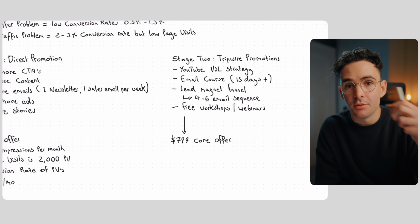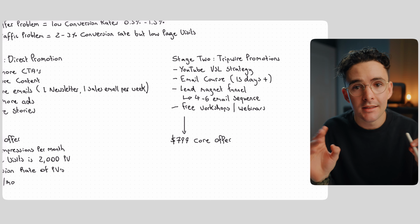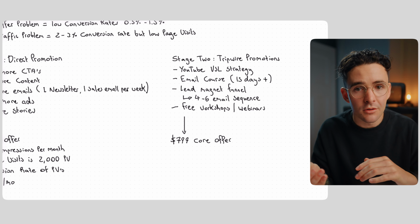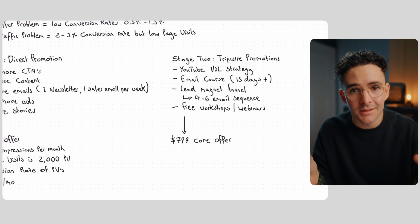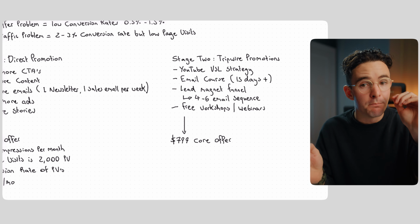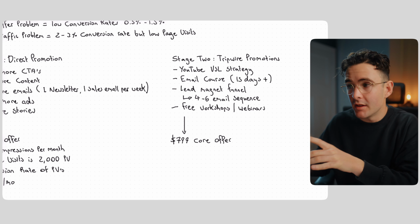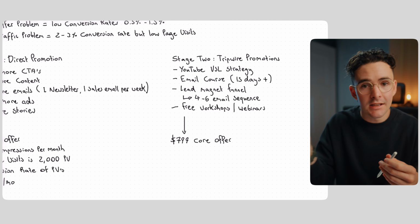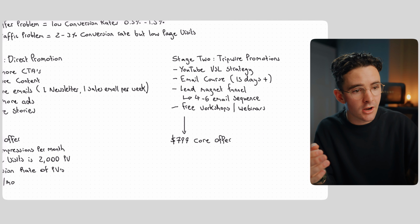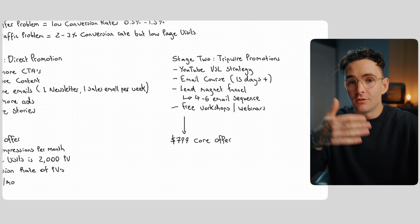And let's say, because the beautiful thing about lead magnets is they don't decrease the equity of your brand. You don't lose goodwill with your audience when you promote a free lead magnet. It just doesn't happen. People don't mind if you're promoting something for free. So let's say multiple times a day, you're choosing one of these strategies to use, whether it be one day you're using the VSL on YouTube, the next day you're using a lead magnet, the next day you're promoting a free workshop, and then you're promoting an email course, and then you're sending an email sequence, and you're doing this